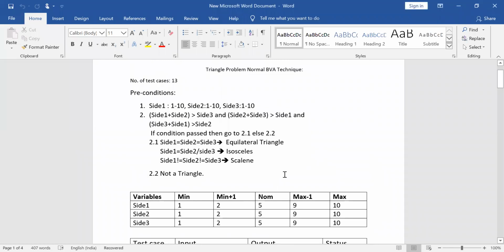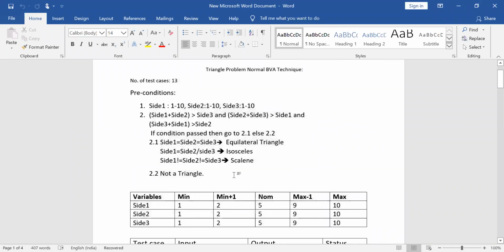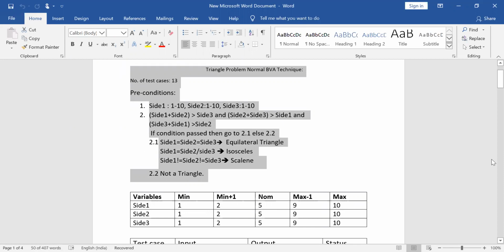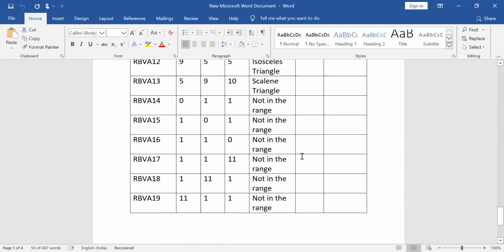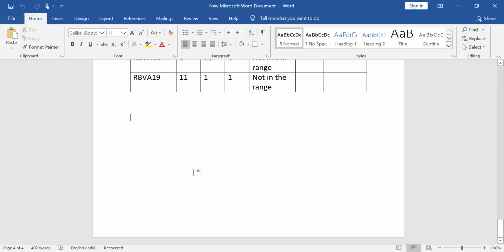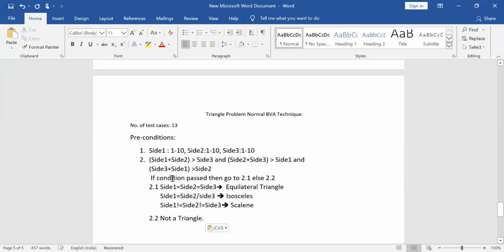I'll just copy the same thing. Now I'll change the name to worst case boundary value.